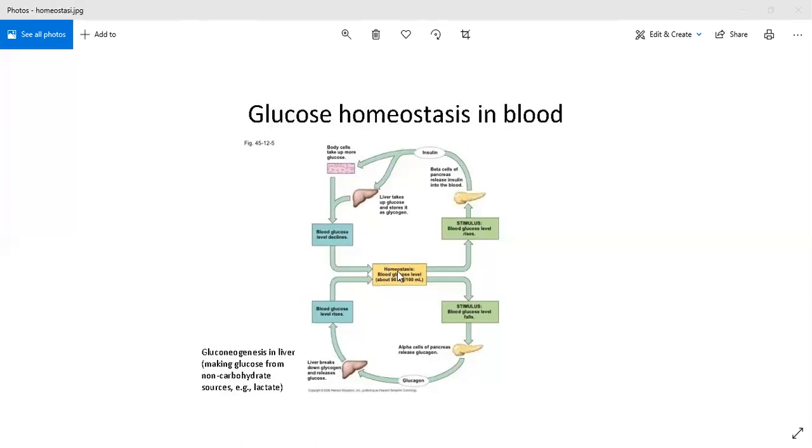But what if something happens to the homeostatic mechanism and there is failure of homeostasis? Let's assume that this person has a problem with the pancreas, and this pancreas is not able to release insulin. Let's say the person had a pancreatectomy, a part of the person's pancreas was cut away, the endocrine